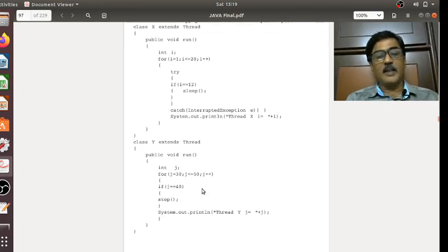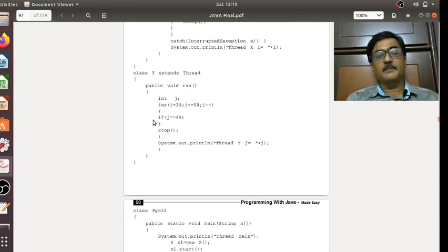Then in class Y, the loop has to iterate between the values 30 to 50, but when it reaches value 40, I have invoked the stop method. As I told you, the stop method prematurely kills a thread.